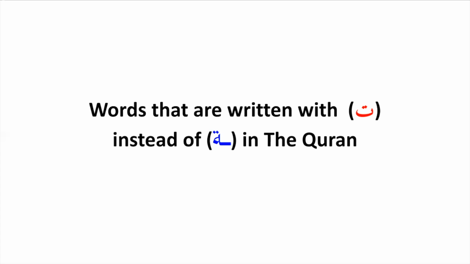Additionally, the reason why certain words are written with a flat Ta instead of the Ta marbuta is because the Sahaba, when they were writing the Mus'hafs, were trying to facilitate more than one qira'ah. So by writing it with a flat Ta, I'm able to recite the word in more than one way if it has been narrated that way. And then the final benefit of knowing this is to ensure that we preserve the writing of the Mus'haf, because the Mus'haf is not based off Qiyas, it's based off how the Sahaba radiallahu anhum chose to originally write it, and we want to make sure that we preserve every single letter the way they wrote it.